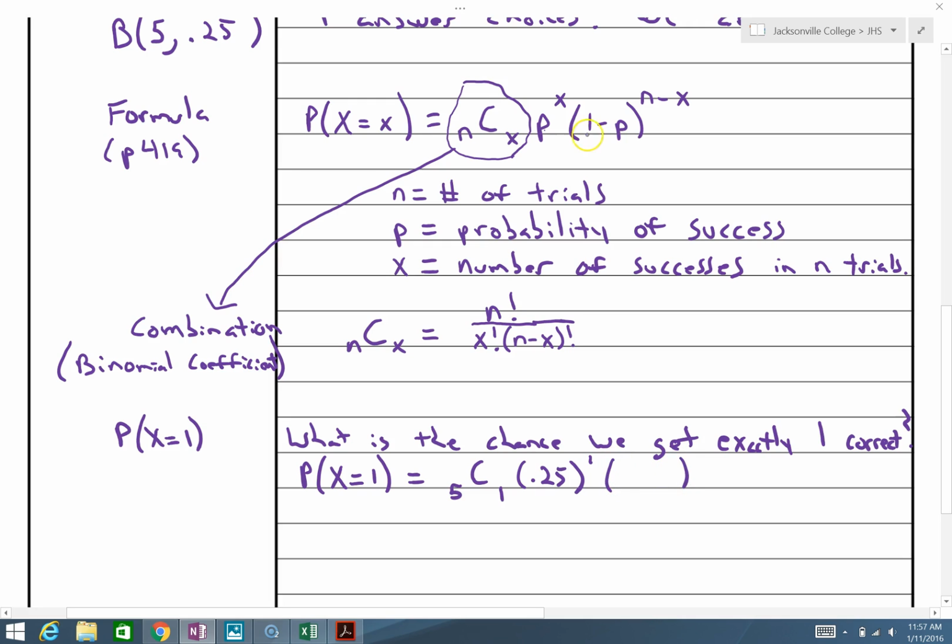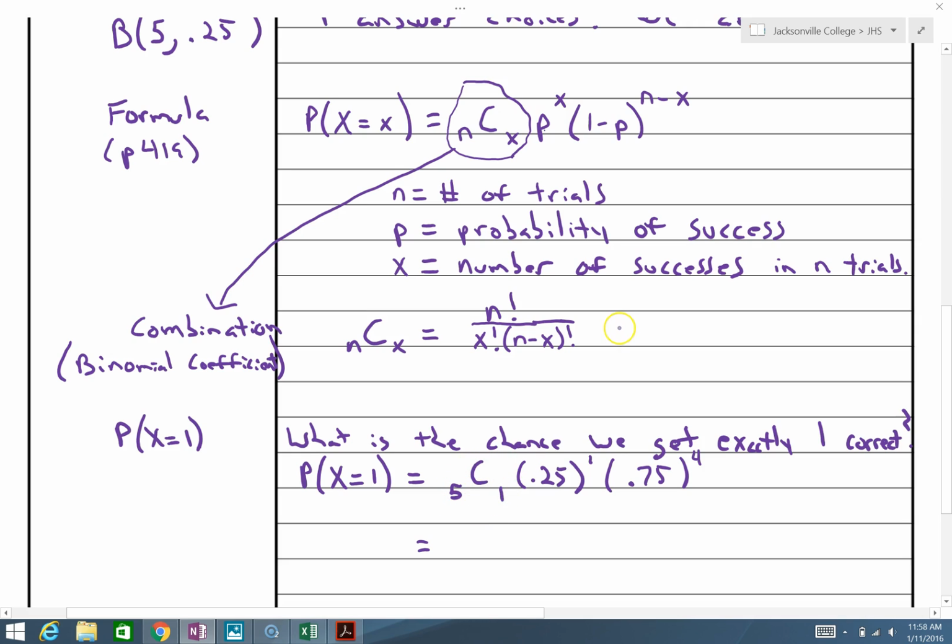Times 1 minus P. Well, that's 1 minus 0.25. In this case, that's 0.75. This is the chance we fail. This P is the probability of success. This 1 minus P is its complement, the probability of failure. To the n minus X, this is 5 minus 1. It's 4. So what we see here is we'll have one correct response, 0.25 chance of that happening, 4 incorrect responses, 0.75 chance of that happening, times this